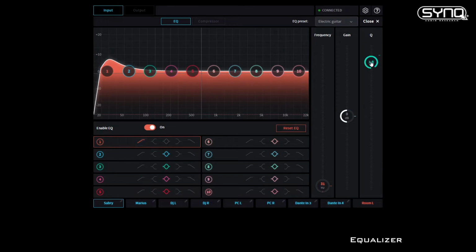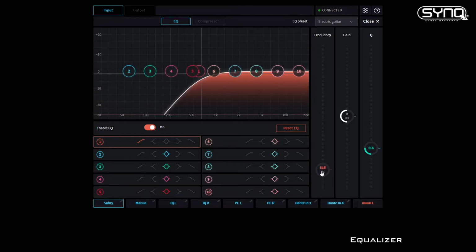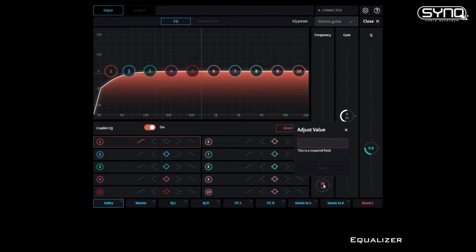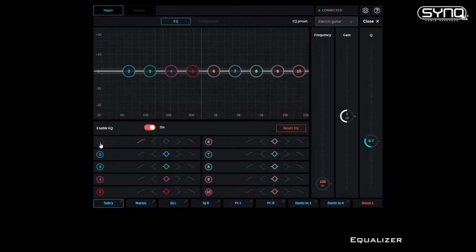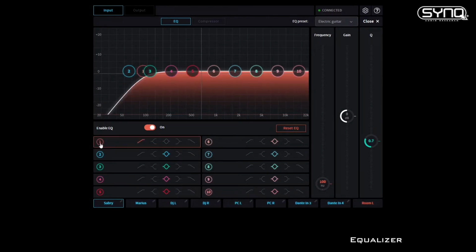I can change the Q of the high-pass filter, change the frequency. If you right-click, let's say 100 Hertz. Here we go. The Q 0.7, and then you can enable, disable this EQ band separately.